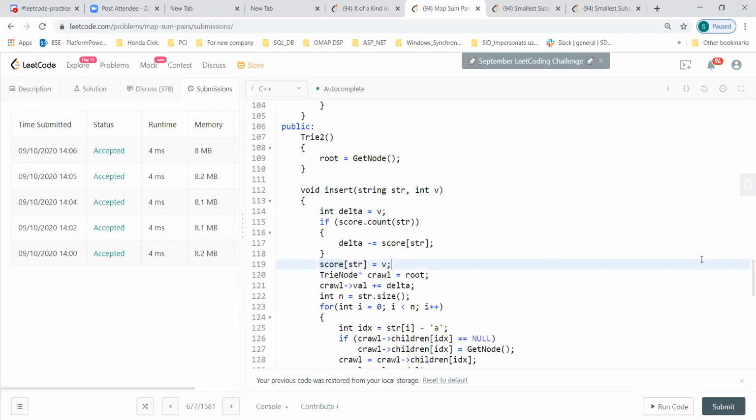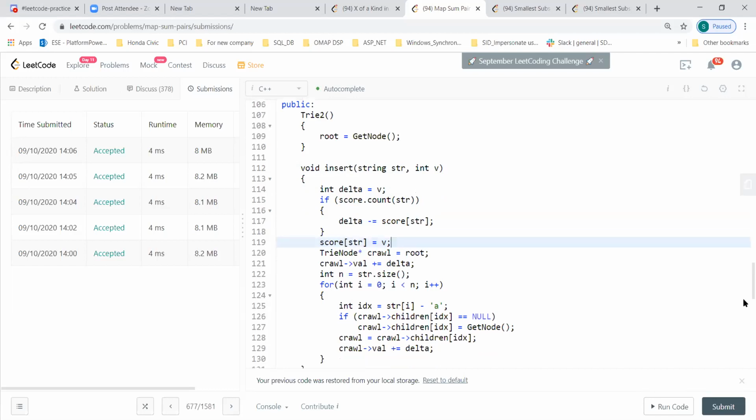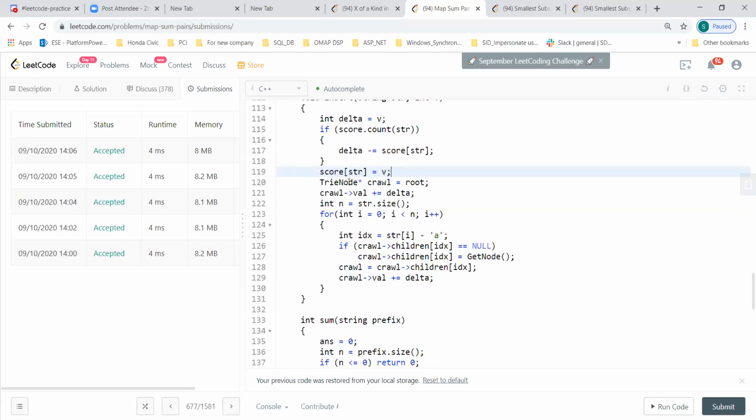Okay. So then I go through this try node, and then I assign the root, and this is my delta. So then I run through this whole string, and when I'm running through the string, I first find the index of that, and then I find whatever the value is not null. So I add a new node, and this is the standard try, right? So I go to the next level, and then I update my delta value, which will be the value for each and every node prefix. Yeah. So that is what I do.